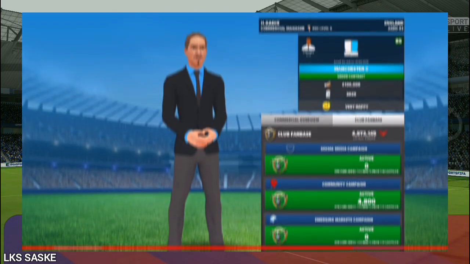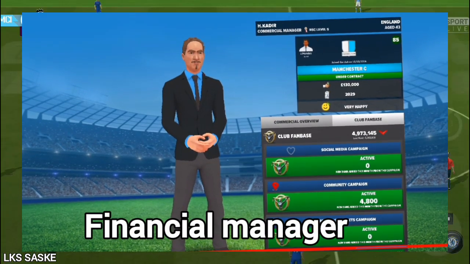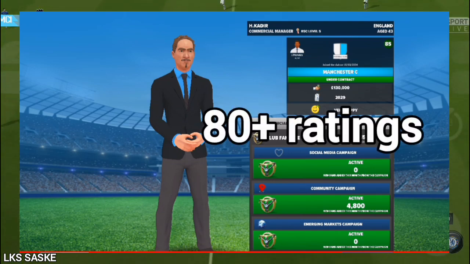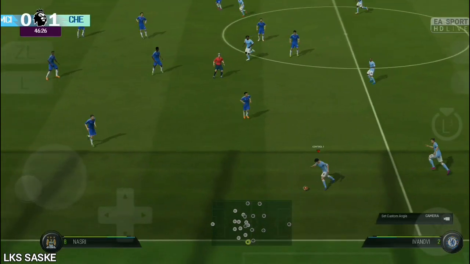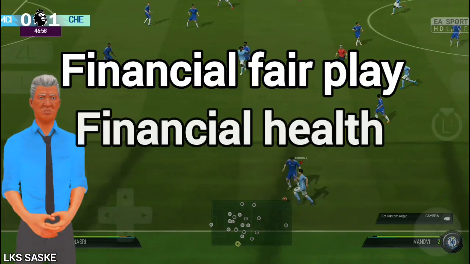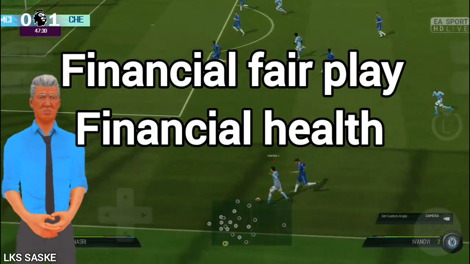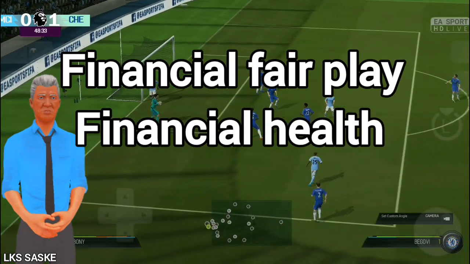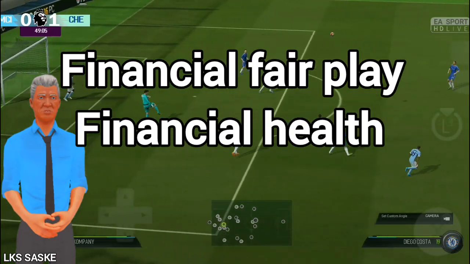Among the best, we talk about your financial manager. Get a good financial manager with a good reputation. This will avoid the mismanagement of your funds. The most important thing to check up on is your financial pay status. Make sure the percentage does not go too low. You can regularly check it to know how your finances are doing. Your financial health should also range within good and okay at least.